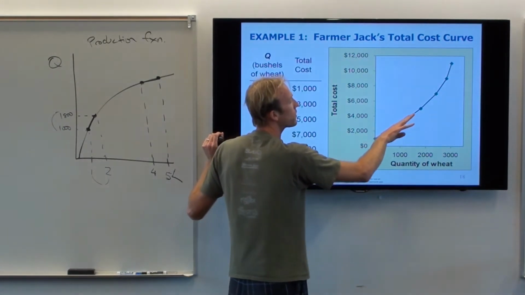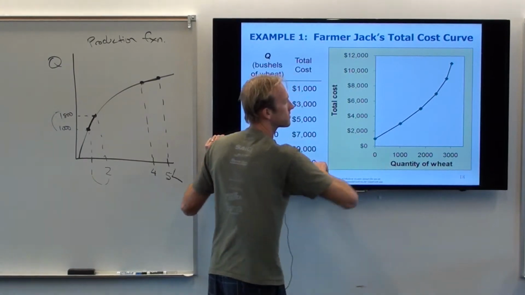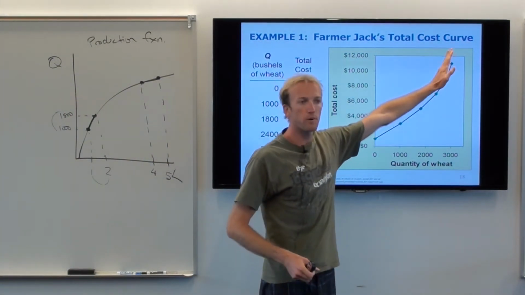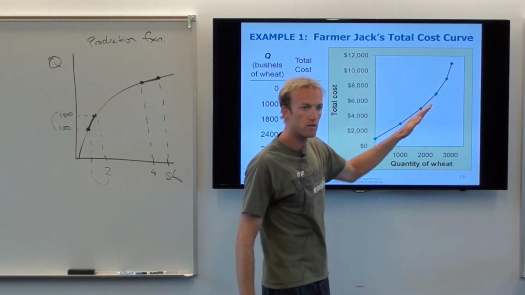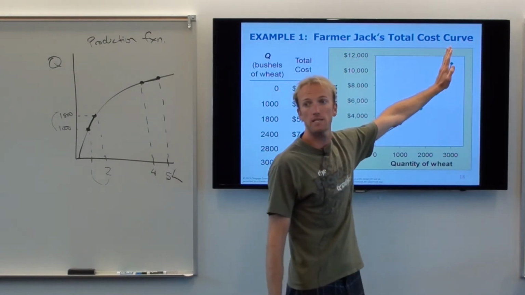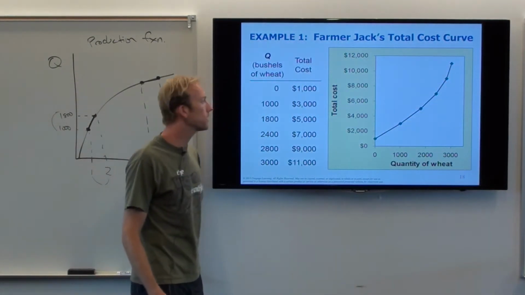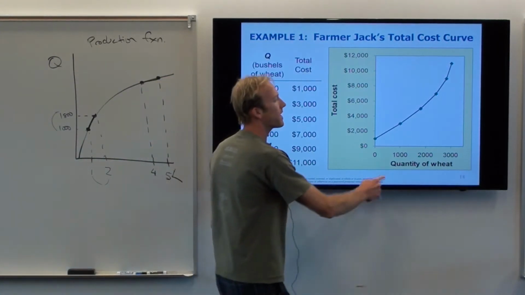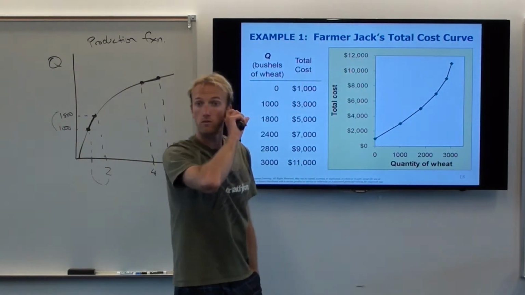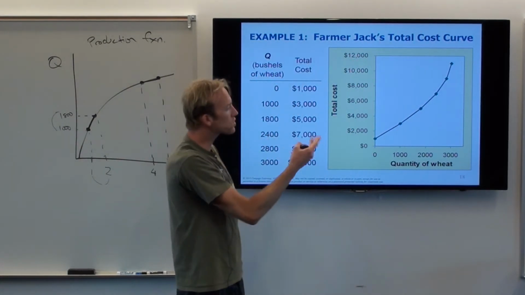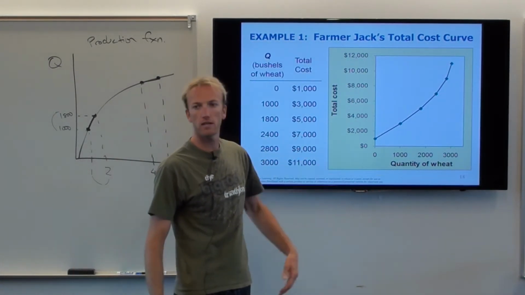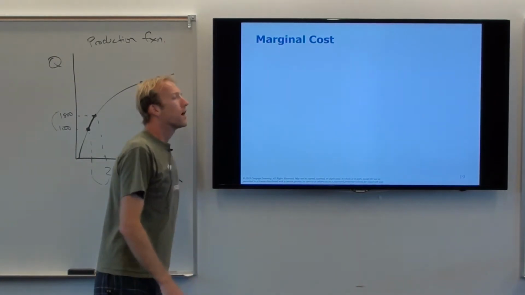And then as I make more wheat, what do you notice about my cost? Not only does it go up, it goes up at a steeper rate each time, right? So we could think of it like the derivative is actually increasing. The slope is more positive each time I look at it. Okay? So this tells you that if I just kept trying to make more and more wheat, eventually my costs are just going to get completely out of control. It's kind of self-limiting. I can only make so much wheat on this 5 acres of land, because if I try to make more, my cost is going to start getting way out of control. Okay?